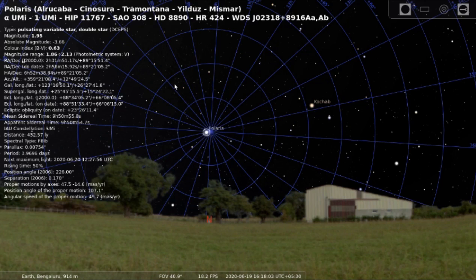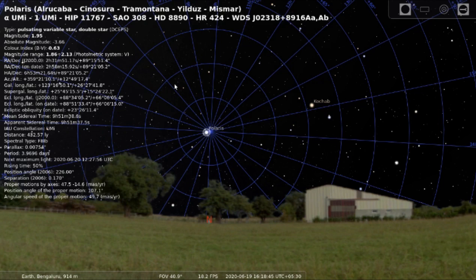So astronomers have uniformly decided to keep it at a distance of something called 10 parsec. If you keep all the stars at a distance of 10 parsec, the brightness of those stars as seen by us is basically the absolute magnitude. So when somebody says the absolute magnitude of the pole star is minus 3.66, what it means is that this particular star is kept at a distance of 10 parsec, and the brightness of that star, when it's kept 10 parsec away from us, is basically minus 3.66.